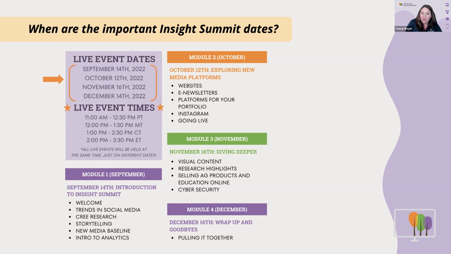Then in November, we're going to go a little bit deeper with visual content. We'll go over some research highlights from other people. So we've got our research highlights early, and then in the middle, we're going to talk about the type of work that other people do that's relevant to this content, that maybe are not necessarily on our team, but we definitely work with. And then we have a whole section on e-commerce, and a new area of work for us is cybersecurity.